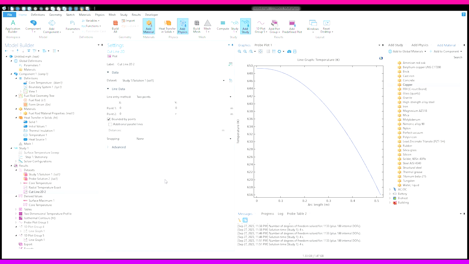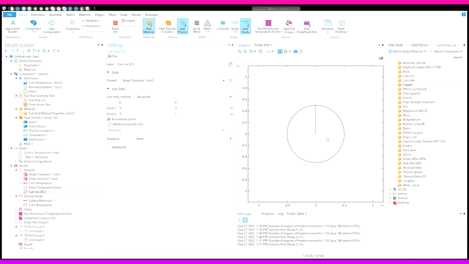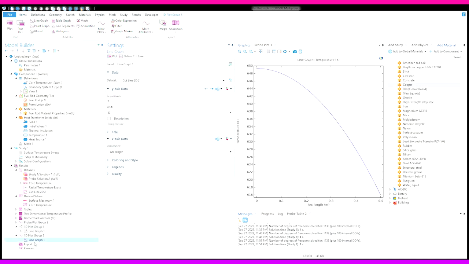Of course, we're using meshes, so we're never going to get perfectly accurate, but this is as accurate as we could possibly get, and you can see it here. So now we return to that line graph, and we can pull from it specifically. In this case, the cut line 2D, and just plot it. There wasn't really a visible change because we were pretty close. But that's how